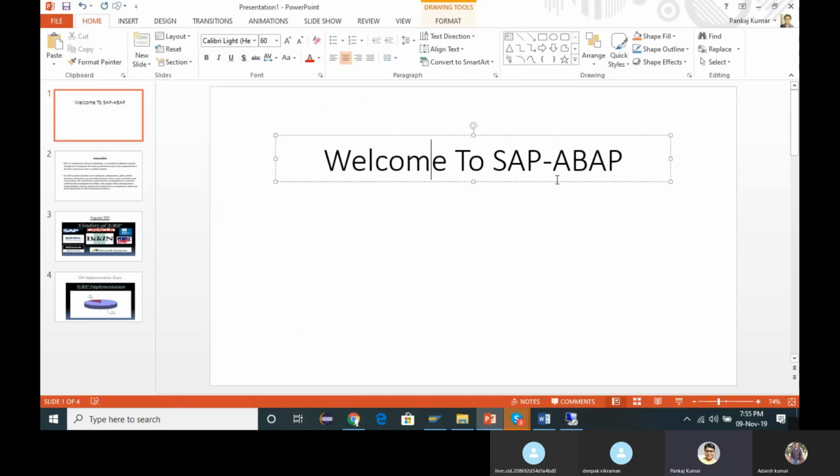Now I'm going forward from here. I would like to welcome all of you to our first SAP ABAP class. Here I will tell you something about the SAP ABAP programming language. This is a fourth generation programming language. This is an interesting fact: Java and others come under third generation programming languages. The reason ABAP is a fourth generation language is that it is very easy to learn and very easy to implement.